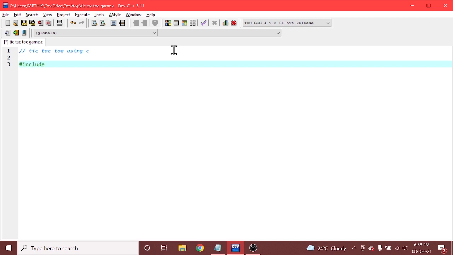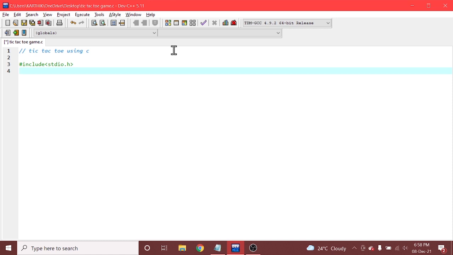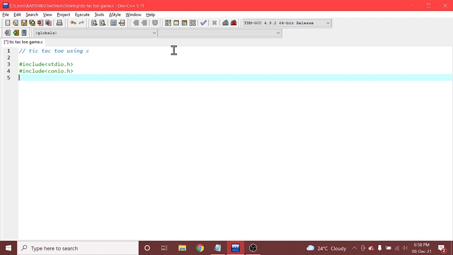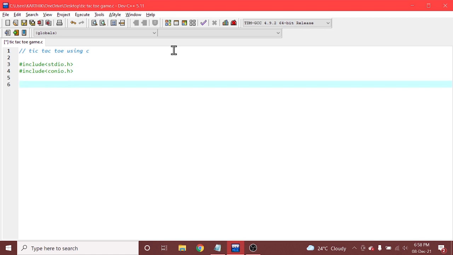First, standard input output function, and I'm also using conio.h, which is the console input output header file. Okay, so first in the tic-tac-toe game, we are creating a square to place the numbers. Let us take a square array of 10 having 0,